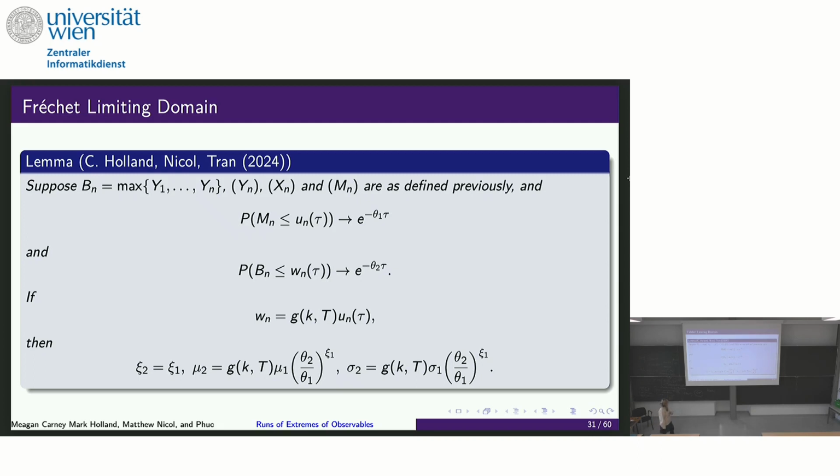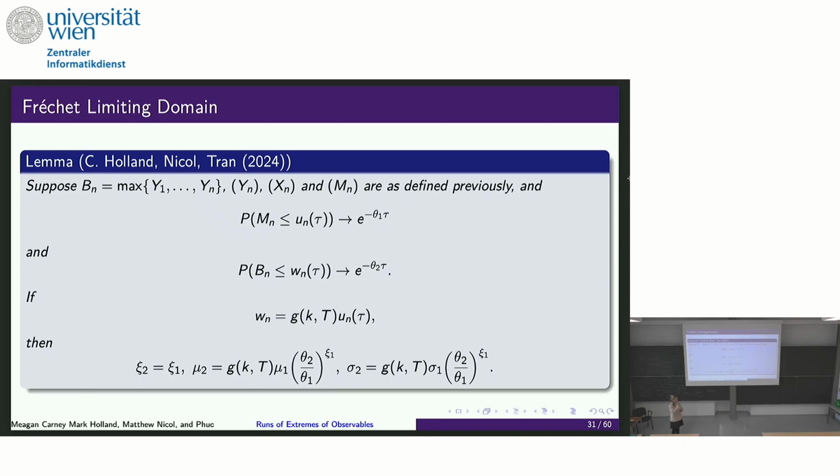And Bn is the max of those. Supposing that the maxima Mn have a GEV limiting distribution, Bn also have a limiting distribution, we can choose Wn to be some function g of k and t, so depending on the window size and the dynamical system itself, multiplied by our Un, which are